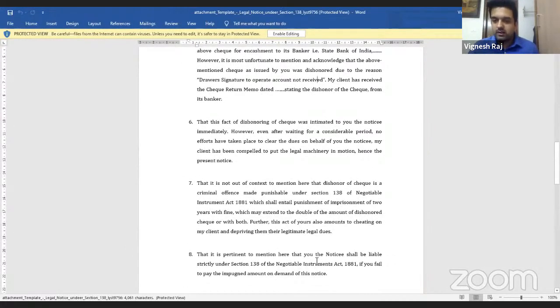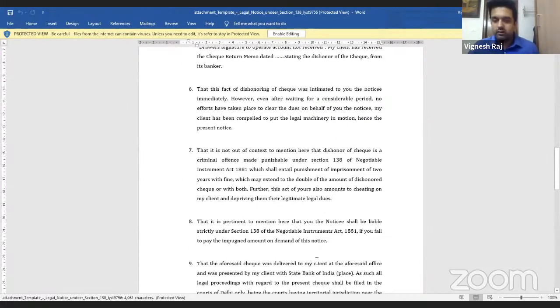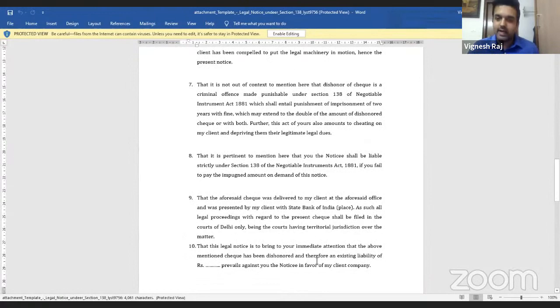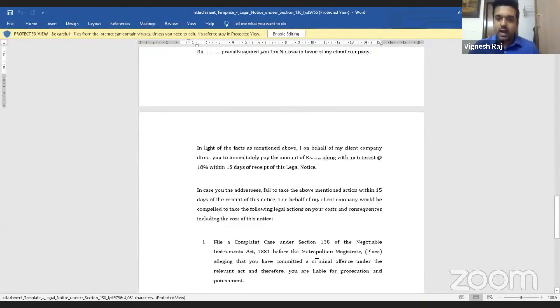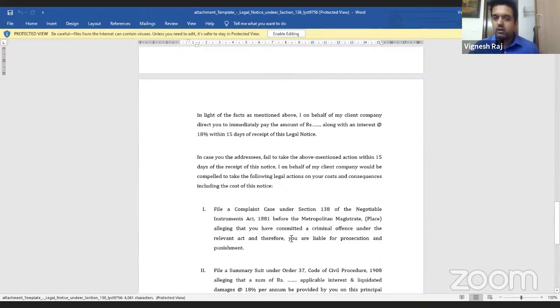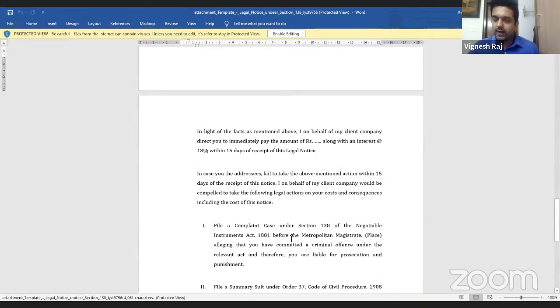So that is exactly what needs to be conveyed in your legal notice, and that's what your last paragraph will also be about. What kind of a notice you will file, or what kind of proceeding you will file. You may say that we may file a case having both civil and criminal consequences, the costs and consequences of which your client is liable to bear. That can be a statement as well.